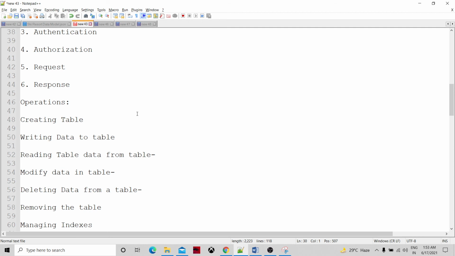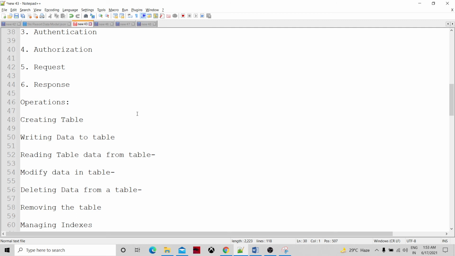To describe the table and get the metadata, we have a describe table statement, and similarly in DynamoDB there is a describe table action. Using that action we can do so. The describe table action also returns indexes on the table, and all the other attributes like provisioned throughput settings and other metadata.